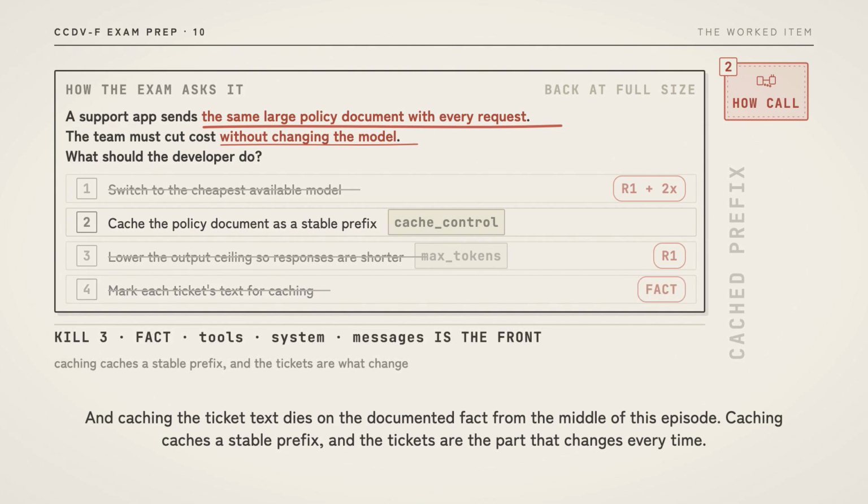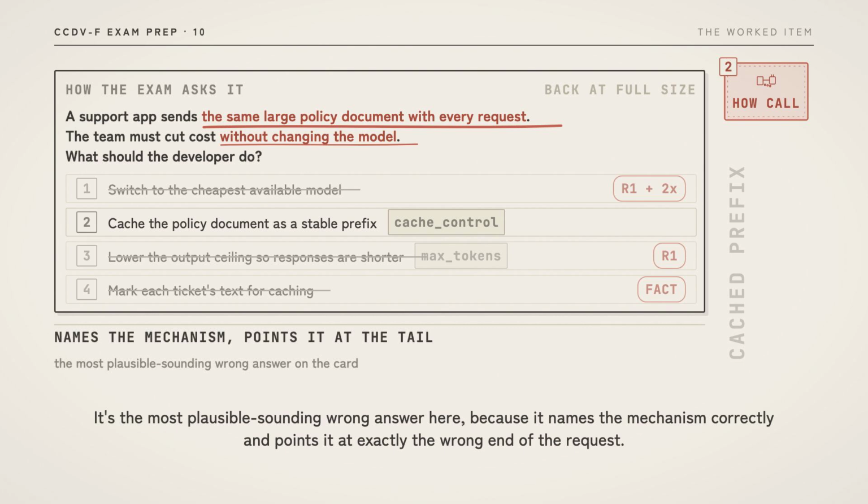And caching the ticket text dies on the documented fact from the middle of this episode. Caching caches a stable prefix and the tickets are the part that changes every time. It's the most plausible sounding wrong answer here because it names the mechanism correctly and points it at exactly the wrong end of the request.